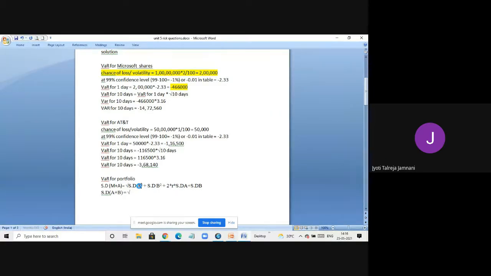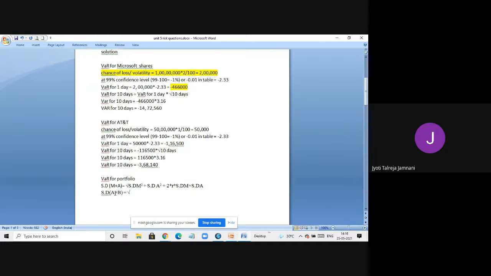So those are two companies. In the standard formula, it is A plus B. But in the actual sum when you solve, you can take the company names. So standard deviation of A plus B, or M plus A, is equal to square root of standard deviation of M. Let me call it A for AT&T, M for Microsoft, and A for AT&T.